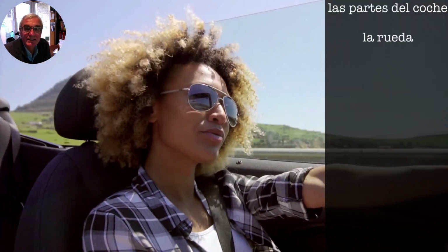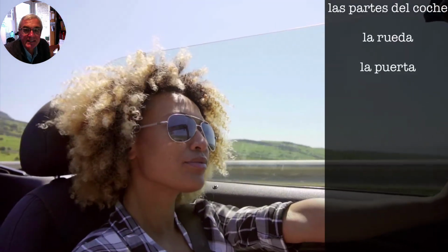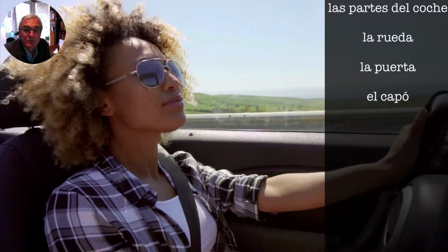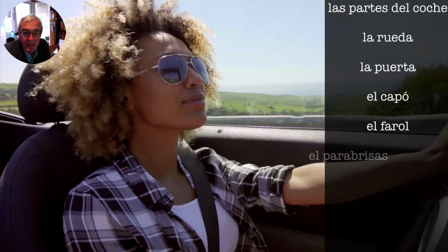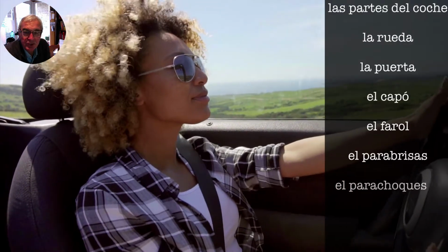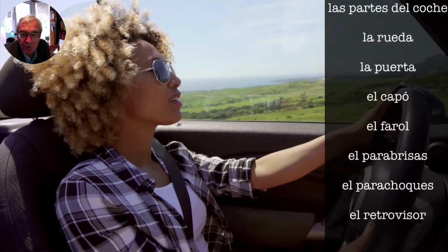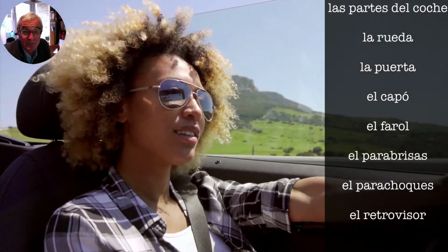And now let's just go over those again. Las partes del coche. We've got la rueda, la puerta, el capó, el farol, el parabrisas, el parachoques, and el retrovisor. Now have a look at those, because in a minute they're going to disappear from the screen,